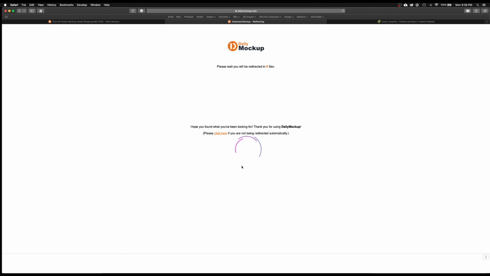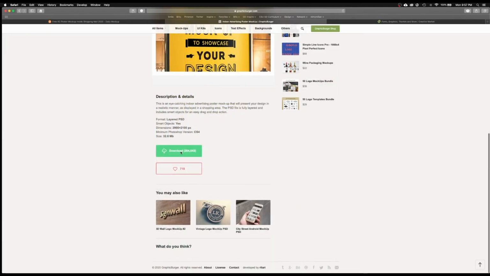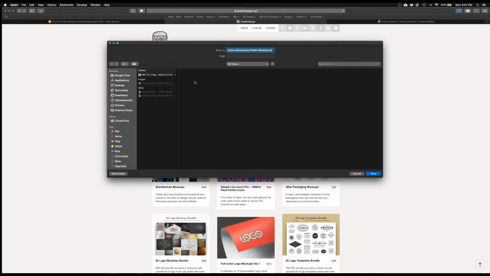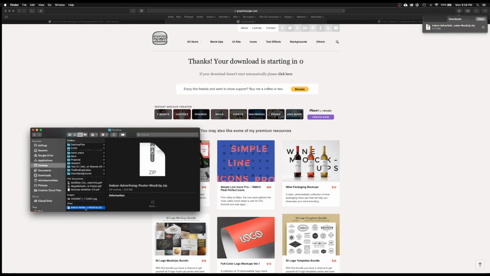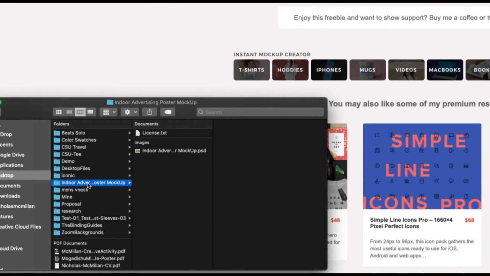I clicked on the button, and I'm getting this redirection. So I'm going to hit download. Again, I'm going to be asked to wait. Then it pops up and asks me where I want to save this. I'm just going to hit save. So, indoor advertising, I'll double click on that zip file. Okay, so we have the folder and we have our PSD, and we'll be opening that up in a little bit. But before we do that, I also want to